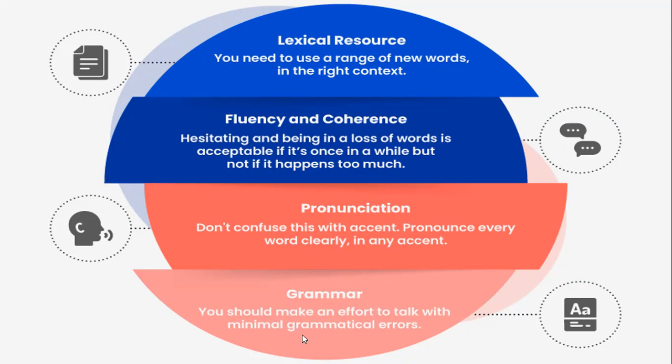Then grammar. When we talk about speaking, we say that yes, much grammar is not so necessary, but the thing is that we can't skip the grammar, because whenever you are going to make a sentence, you need to follow a structure, you need to go for a pattern for just saying it, I mean for decorating a sentence. When you arrange a group of words, obviously it's going to follow a structure. So these four things you must keep in consideration when you are going for your speaking module for IELTS.